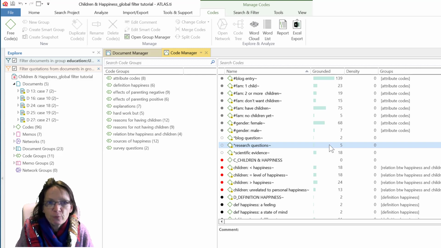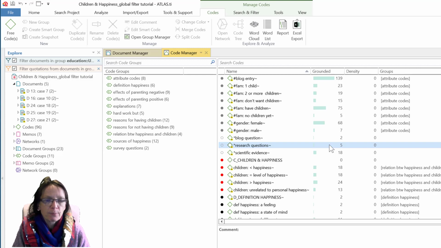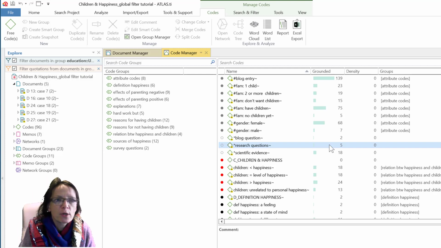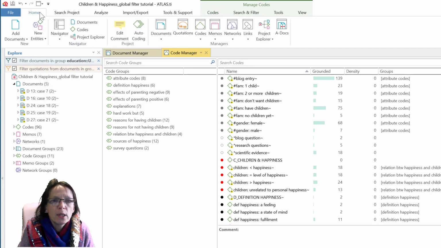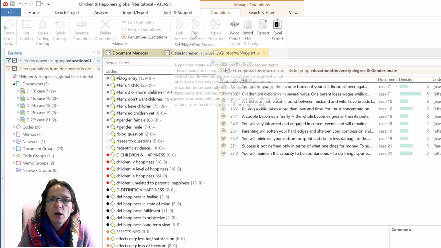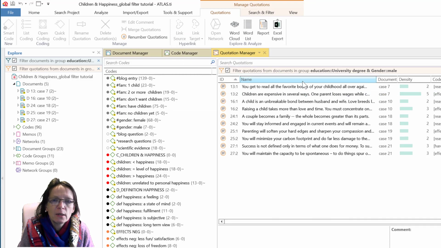So how or why do we need global filters? In order to answer certain types of questions. For example, if I now open the Quotation Manager, which now only shows the quotation of all those males with a university degree,